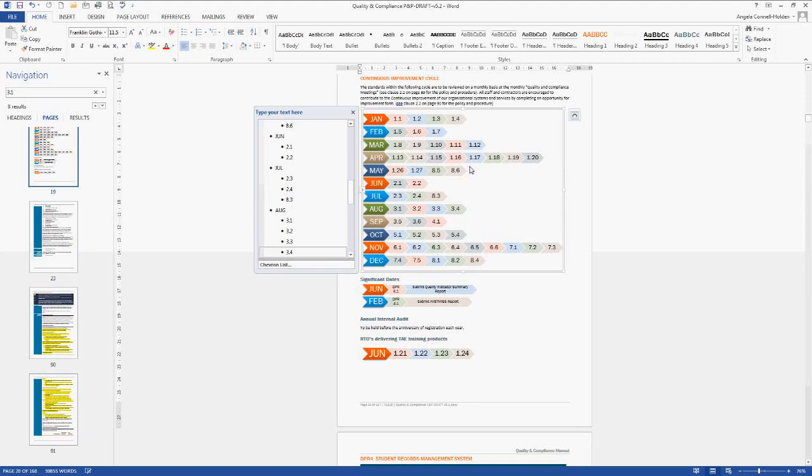So within a 12-month period, you've actually reviewed every single policy and procedure through this continuous improvement cycle. And that way, you'll get a better understanding of, one, are we actually implementing these policies and procedures? Two, if we're not, why aren't we, and how can we continue to improve that?